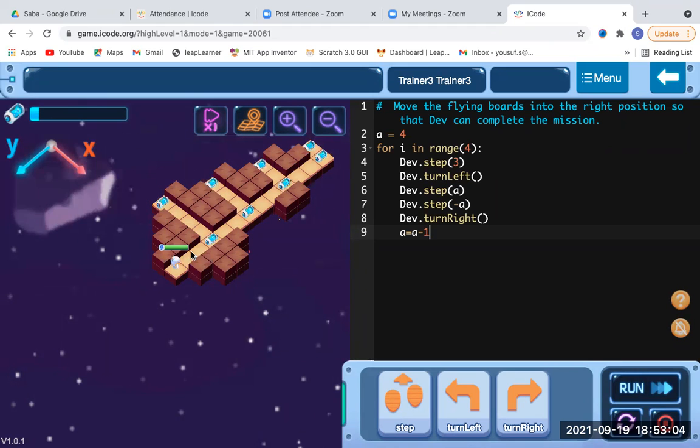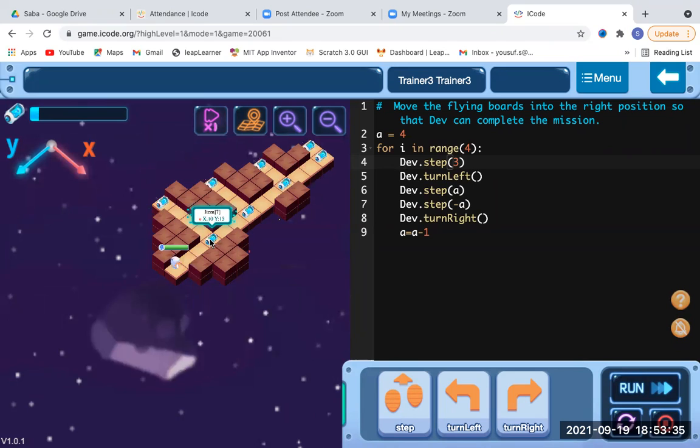Now I have taken step as 3 over here, 1, 2 and 3 I have mentioned over here. 4 in range, why I have taken it? He should take these items which have to move right or left according to the place where they have been put. So that's why I have taken range 4. Okay, now the step is 3. Like we all know, we have to take 3 items with 3 different steps. That's why I have mentioned Dev's step 3.